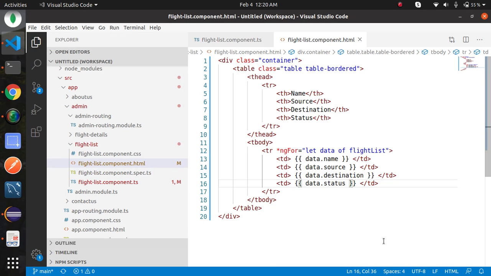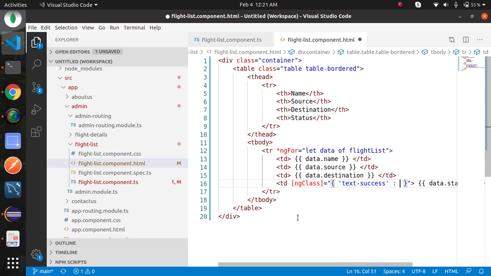Now go to your component.html file and last column of the tbody, use ng class equals to text success. Text success is a bootstrap class that will show text in green color whenever condition is true.